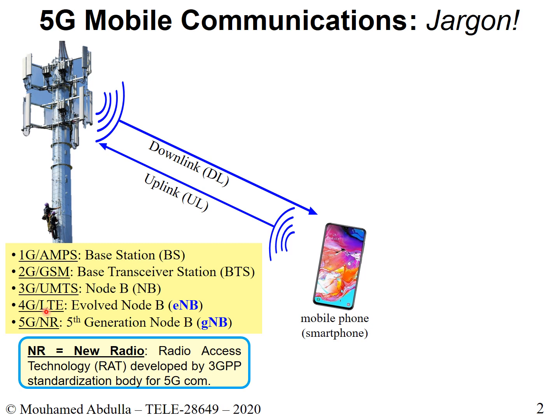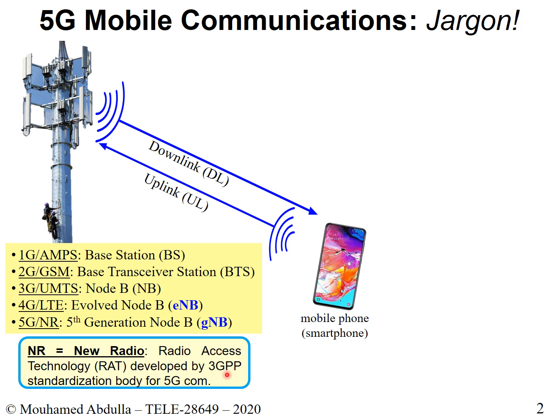In 4G, it's LTE advanced. And in 5G, the standard that is used is known as the new radio. This is the new radio access technology that we are using for 5G. The NR simply stands for new radio, so there's nothing creative about it. It's just a new radio. It's new frequencies that they are proposing for 5G, and that's why it's called NR. This was developed by the 3GPP standardization body.